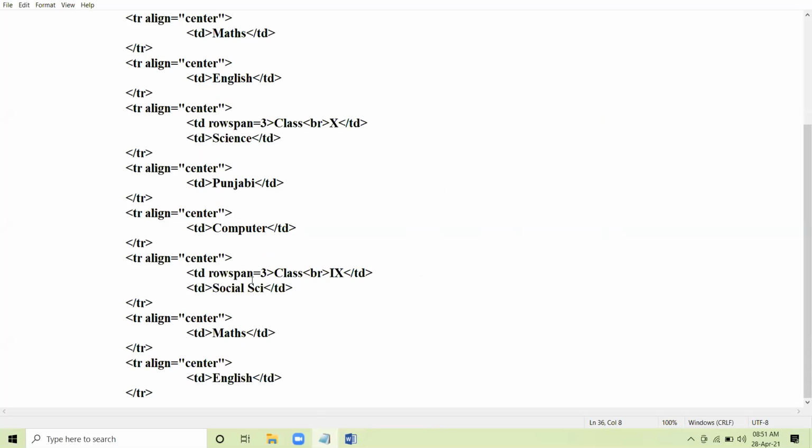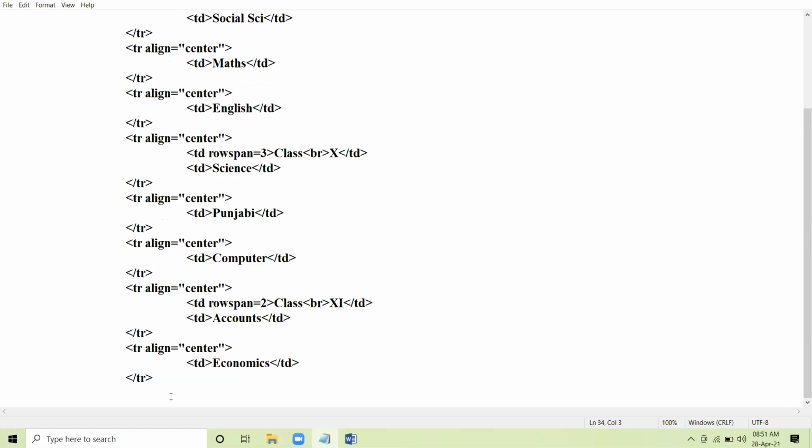So here your row span will be 2, class +1. We have subject accounts, and next we have is economics. And here this row eliminates. Okay, and here we close the table tag.